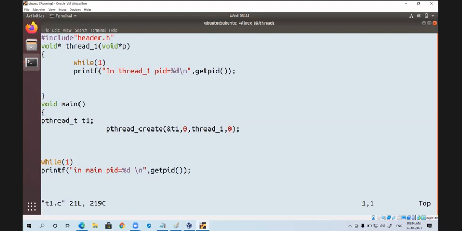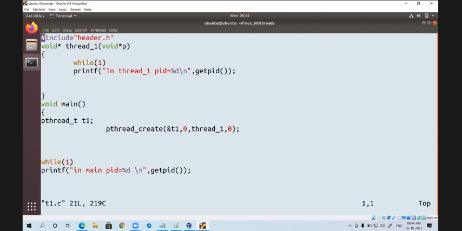In this program, main thread is creating thread 1. Is it clear? Main is creating the thread 1.